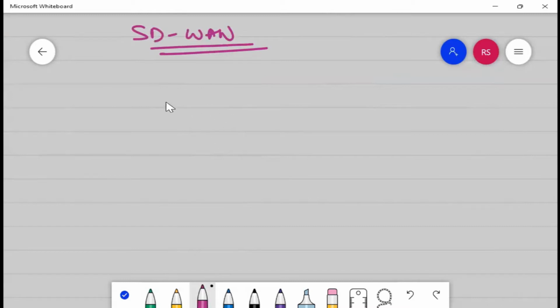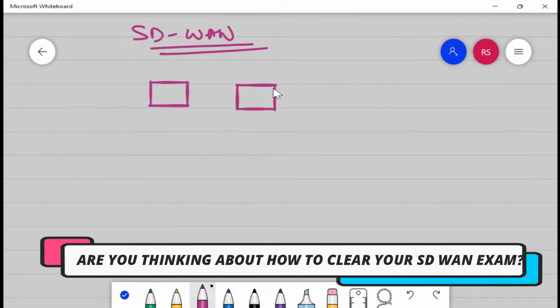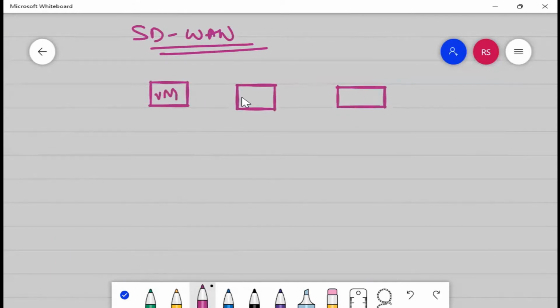Okay, so let me give you an example with SD-WAN. If you are aware of SD-WAN, there are 3 controllers: vManage, vSmart, vBond. V stands for Viptela, obviously. Let us say you have some connection, either internet or MPLS, doesn't matter, because it provides you transport independence.